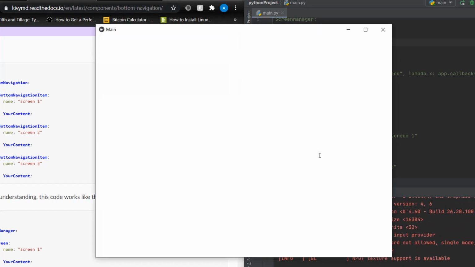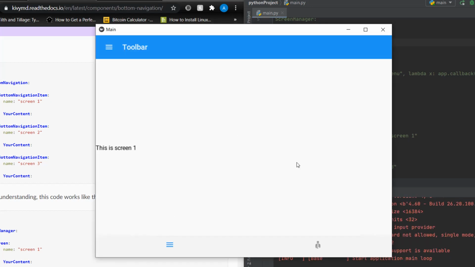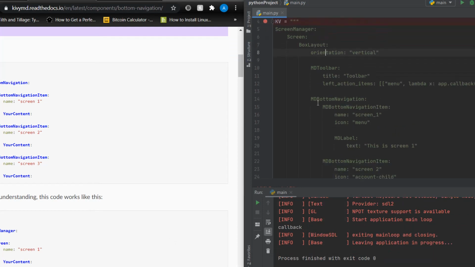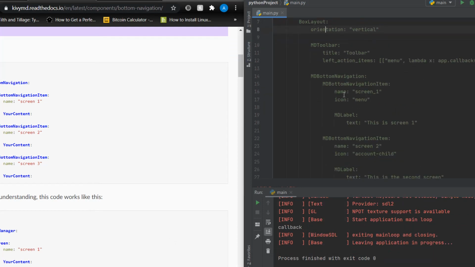So we have first screen, second screen, first screen, second screen. Click to get the callback. Earlier in the beginning of the video, I had something else, a switch that switches between the dark theme and light theme. We'll do that now. So we have here in the toolbar